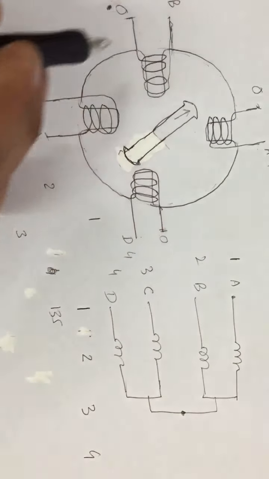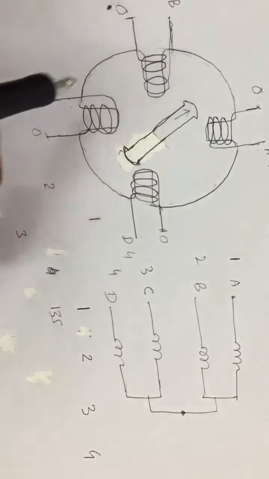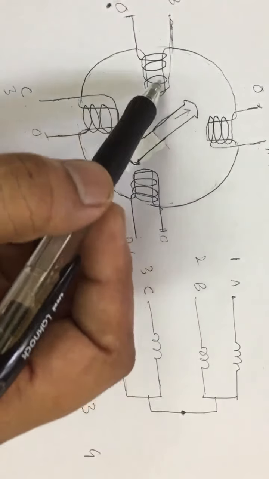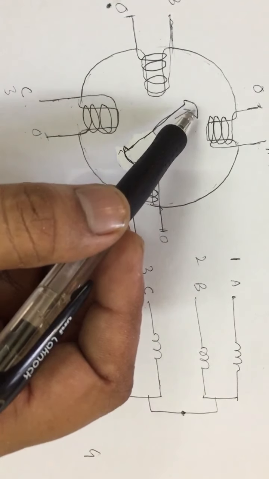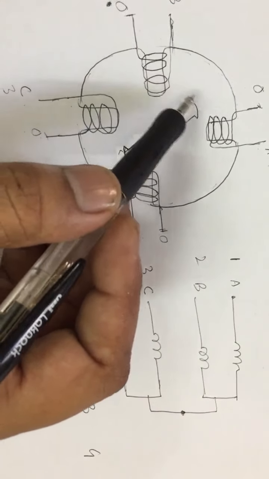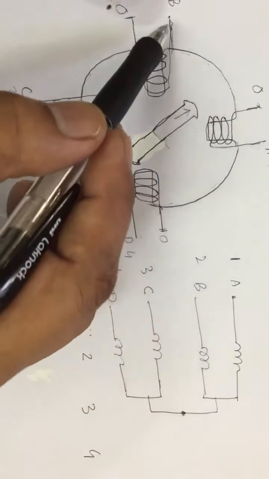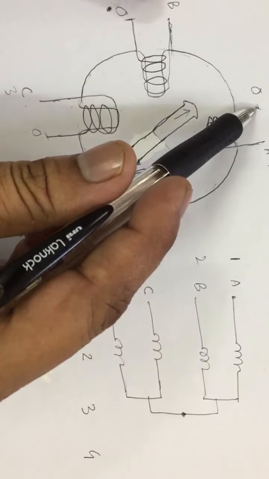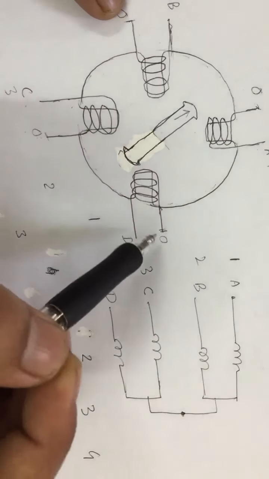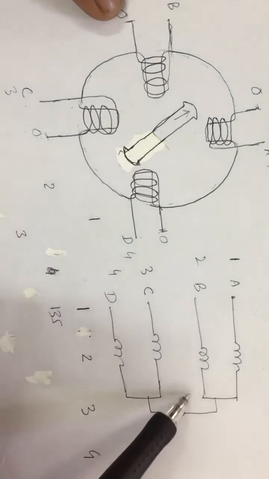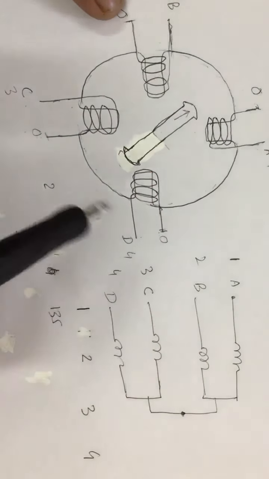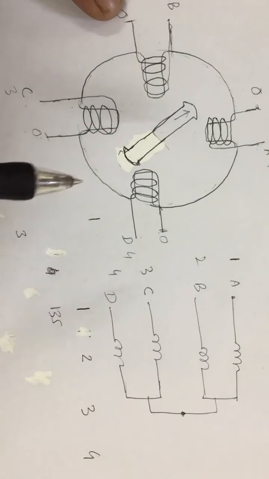This is the representation of the stepper motor. There are 4 windings at the stator and this is our rotor. At a time we are energizing, there are different possibilities, but in this experiment at a time we are energizing 2 windings of the stator. This is terminal 1 of a winding, this is another terminal. The other terminals of all 4 windings have been shorted as shown here, and the first terminals of these 4 windings remain open for energizing purposes.